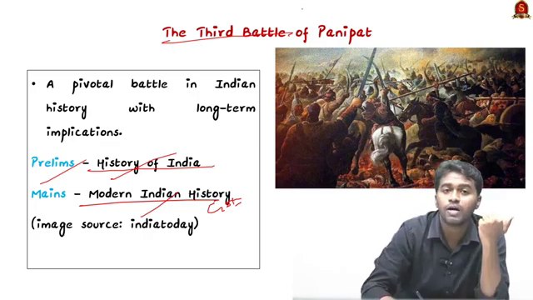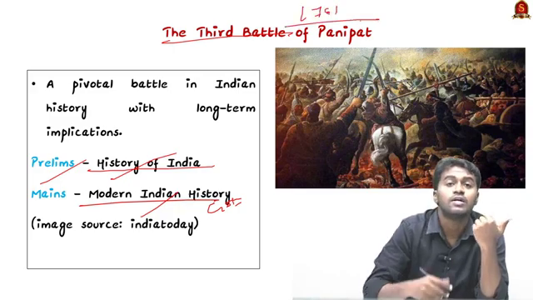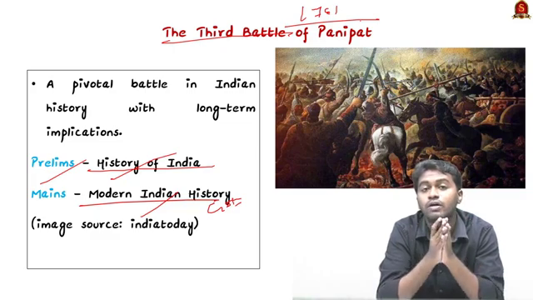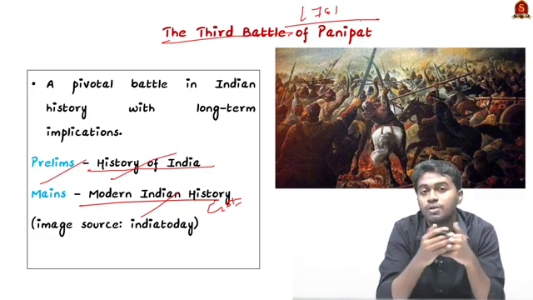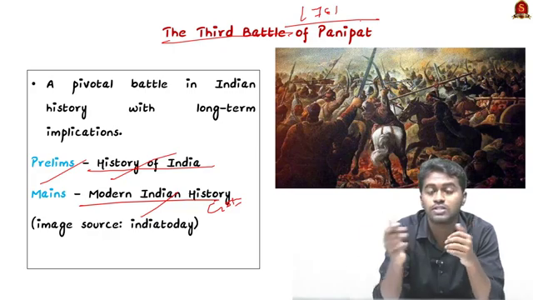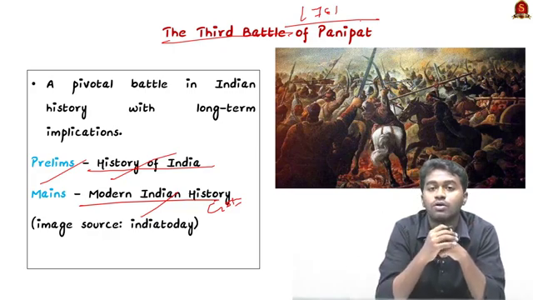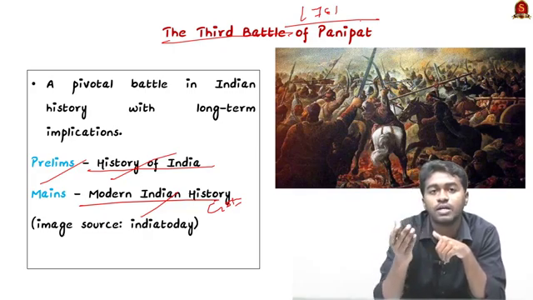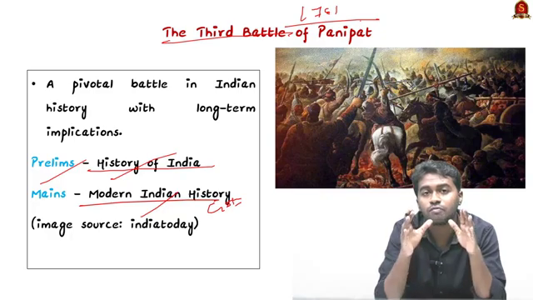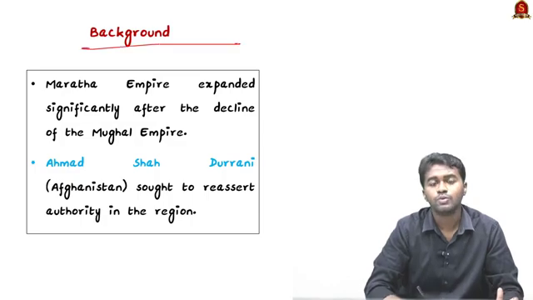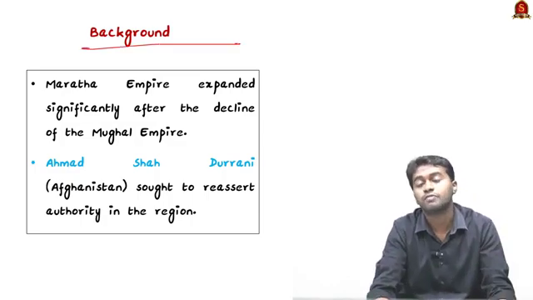And the third battle of Panipat was fought in the year 1761 between the Marathas and the Afghans. The Afghans were led by Ahmad Shah Abdali, or Ahmad Shah Durrani, and Ahmad Shah Abdali also had support from the Afghan rulers in the Indian subcontinent as well. For example, the Rohilla ruler supported Ahmad Shah Abdali. On the other side, the Marathas fought under the leadership of Sadashiva Rao. Coming to the background, to understand the significance of the third battle